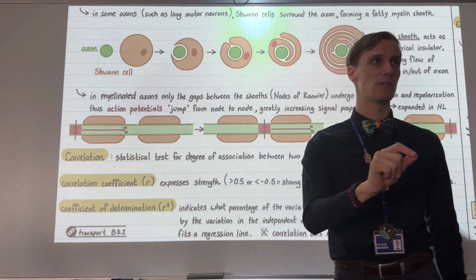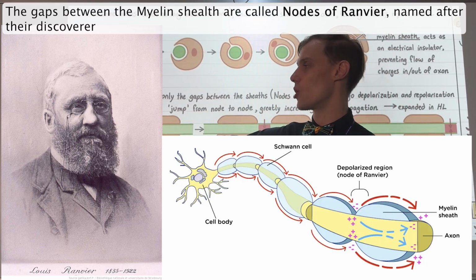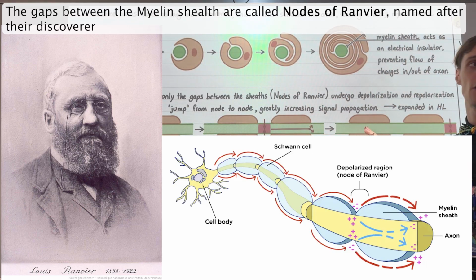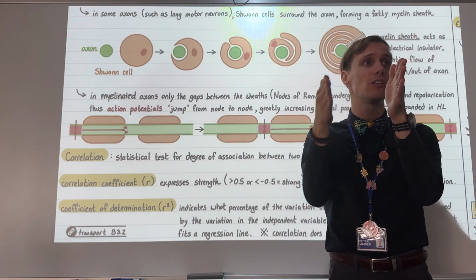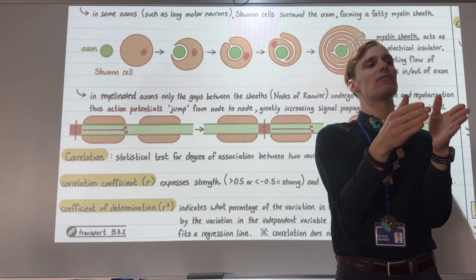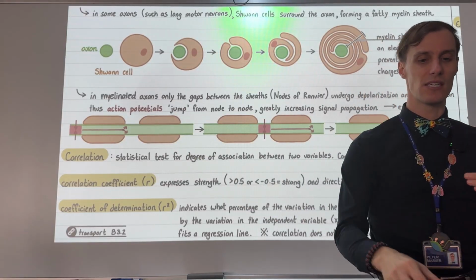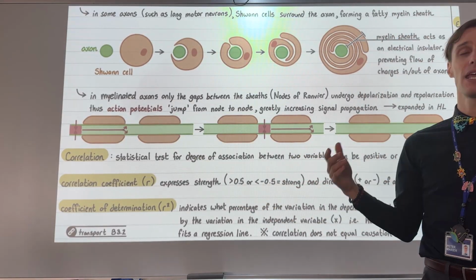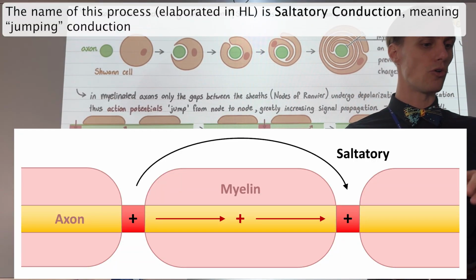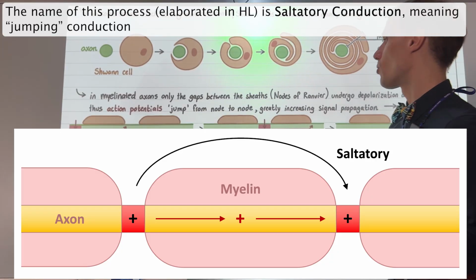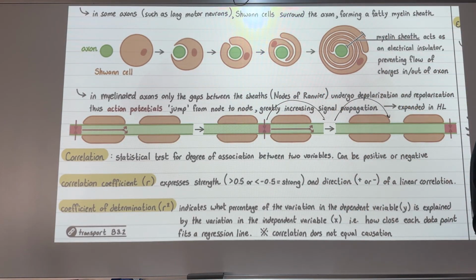And by having these gaps, it means that depolarization is only occurring at the nodes of Ranvier, which means that I don't have to depolarize every single adjacent section. I only have to depolarize much fewer sections. So in effect, this system is sometimes explained or described as jumping from node to node. In reality, it's not really doing this. It's not jumping this way in reality,